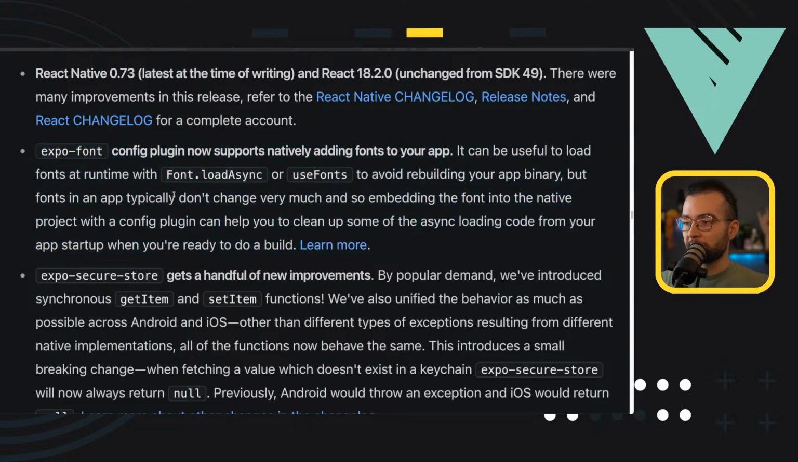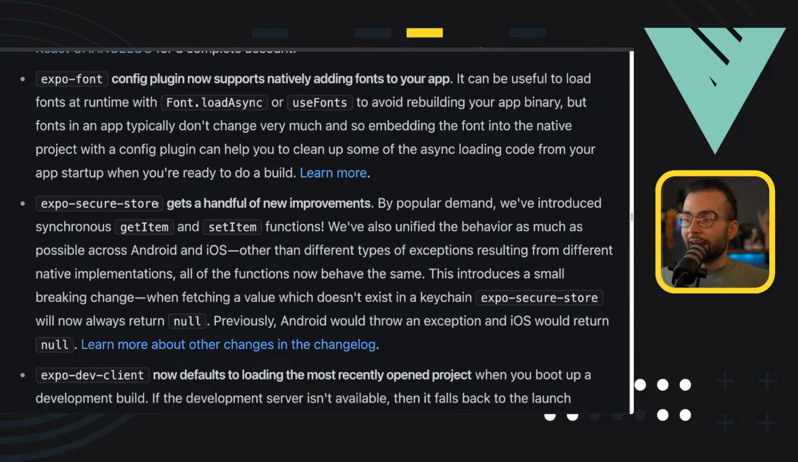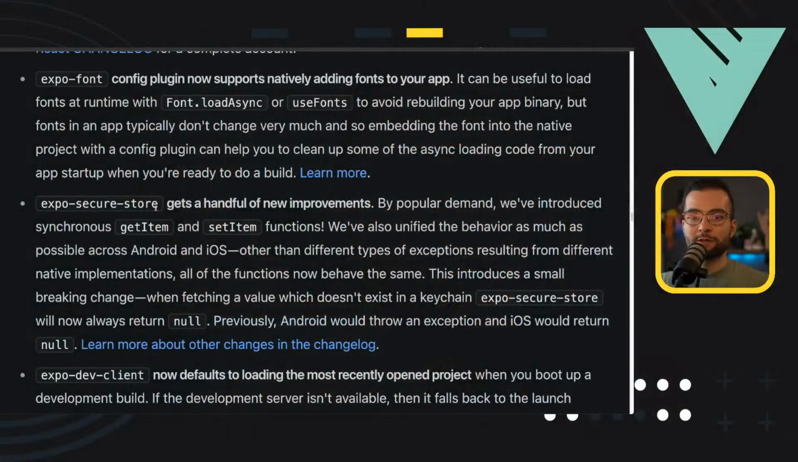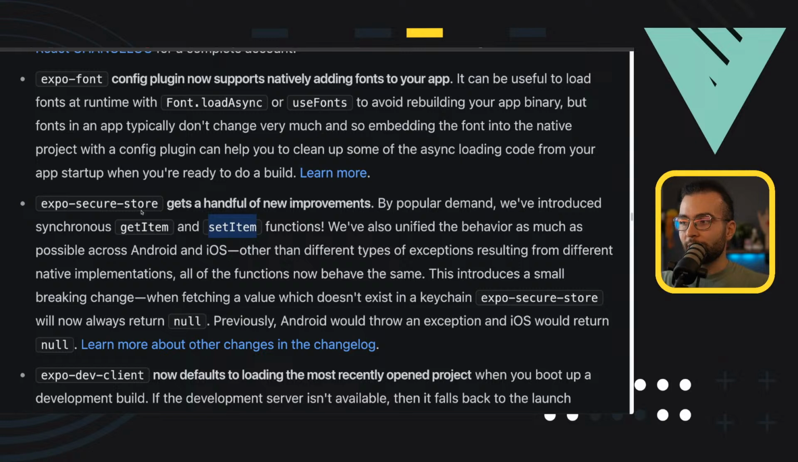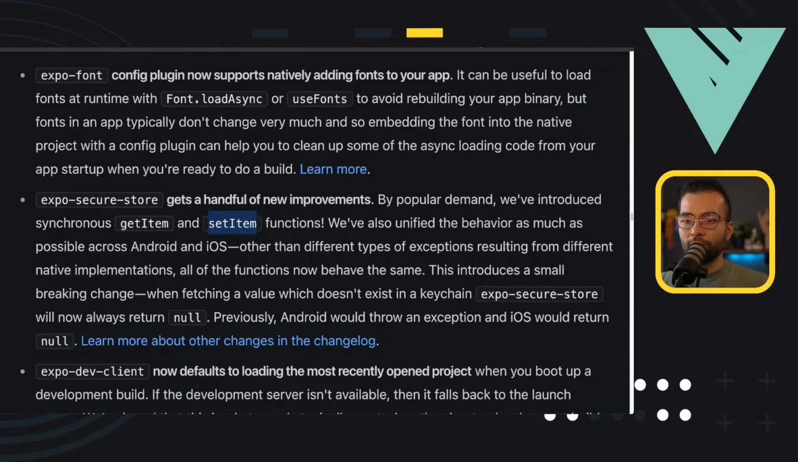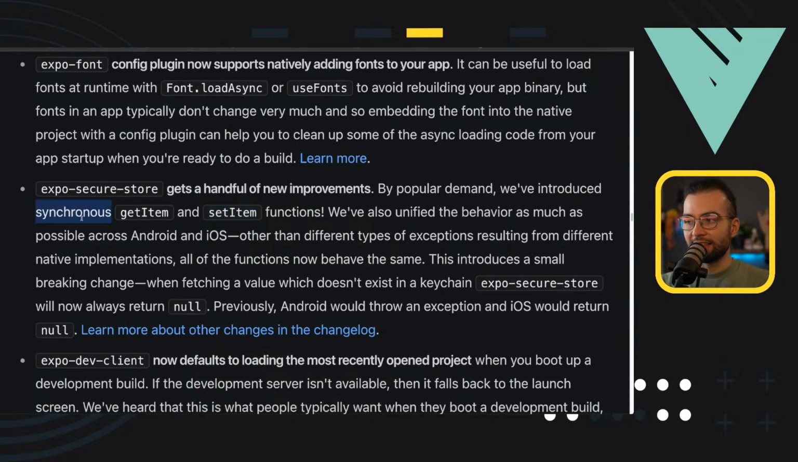Really nice update for Expo font. Another library where we will get rid of some asynchronous logic, specifically around things that shouldn't probably be asynchronous, is the expo-secure-store. So the get item and set item in expo-secure-store, now they have a synchronous